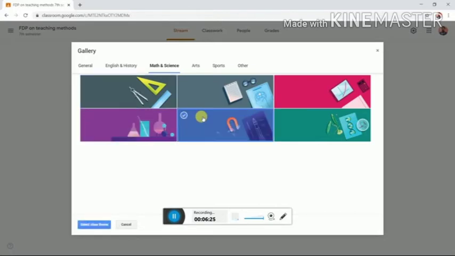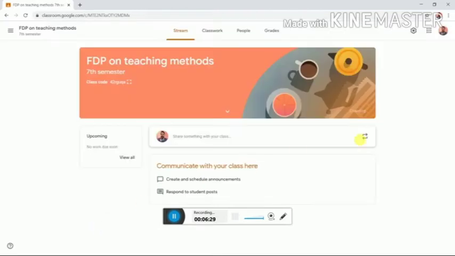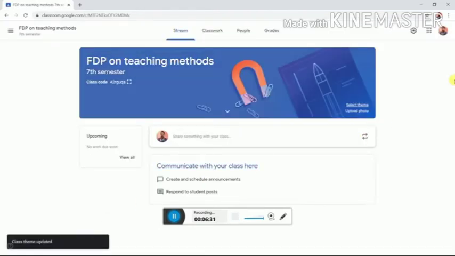Then let me select this theme, or you can even select any downloaded image, and upload that photo. That image will appear here so that your classroom will have some look.